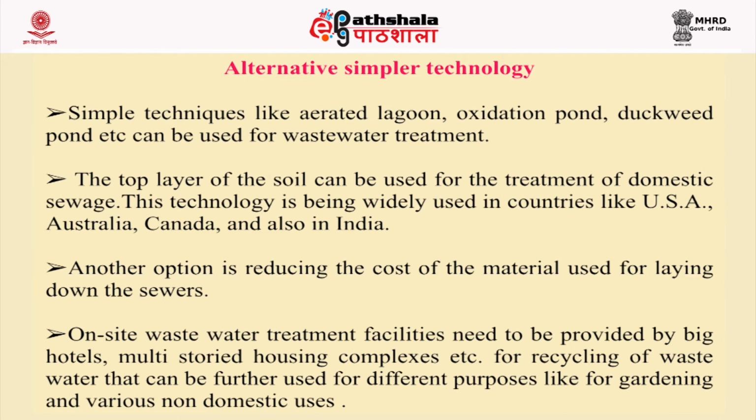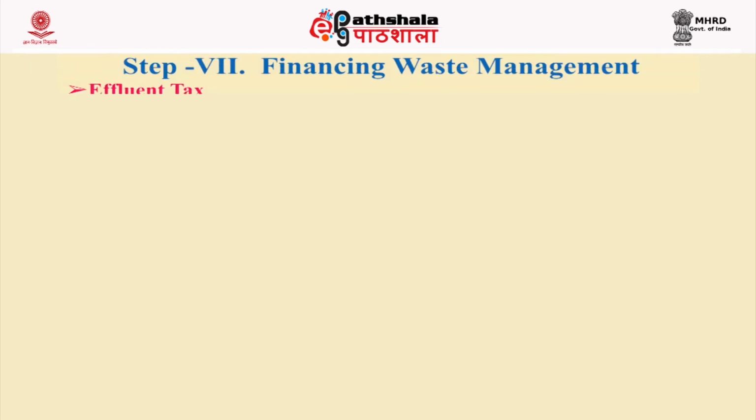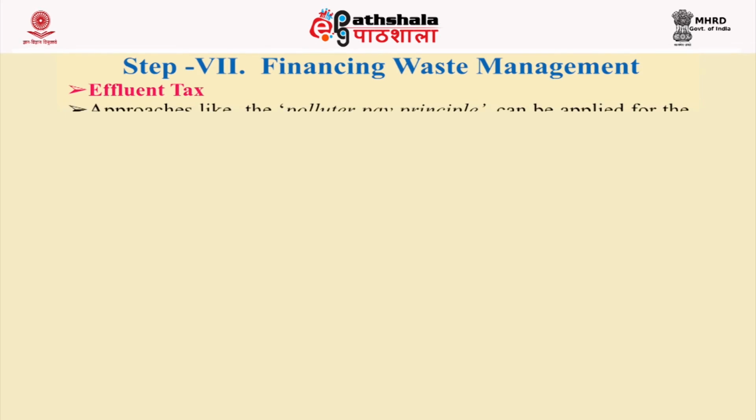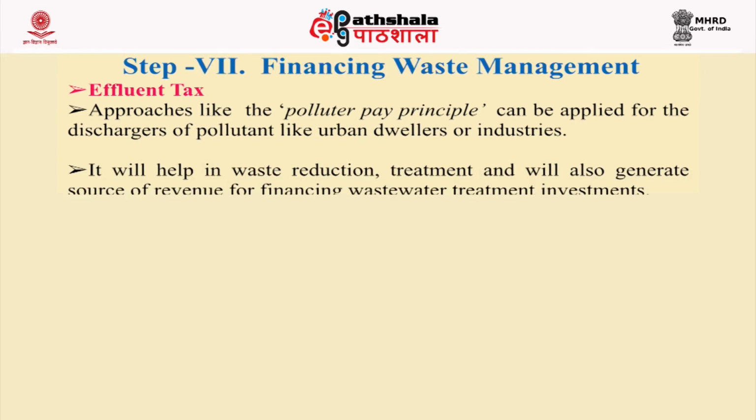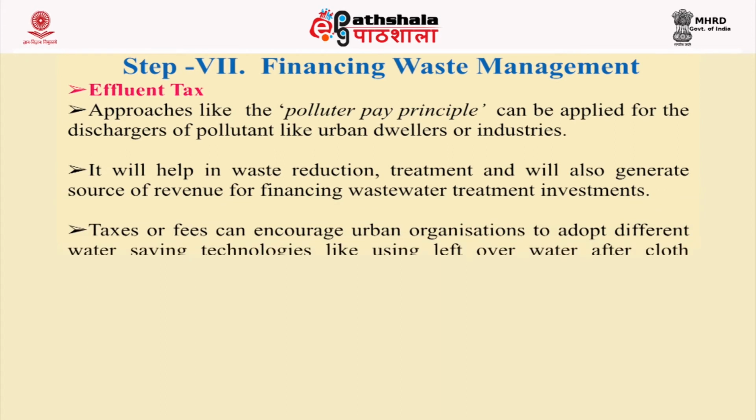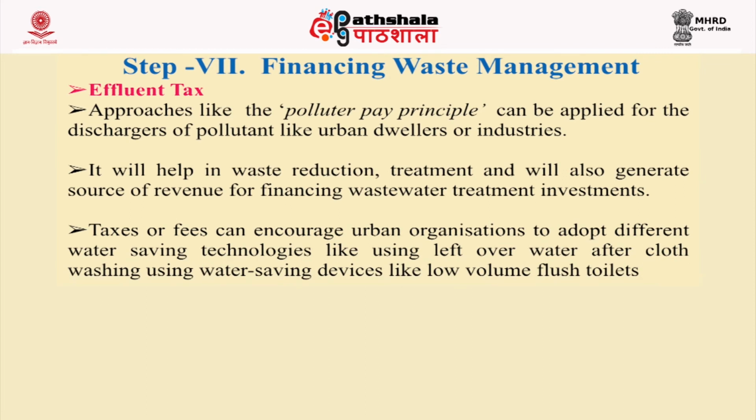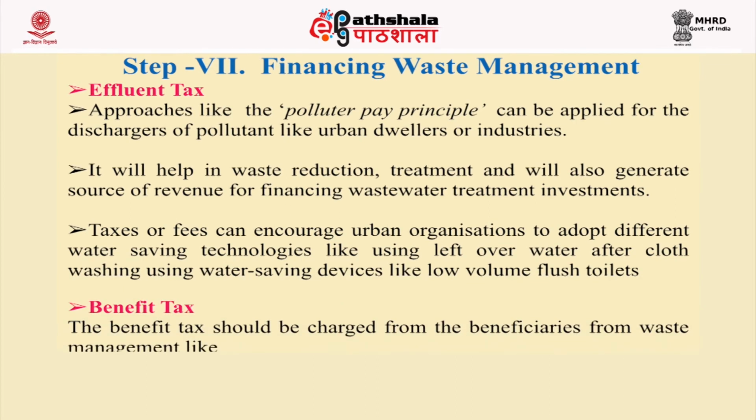Another option is reducing the cost of the material that is used for laying down the sewers. Step 7 is financing waste management. It includes effluent tax and benefit tax. First is effluent tax. Approaches like the polluter pays principle can be applied for the dischargers of pollutants like urban dwellers or industries. It will help in waste reduction, treatment and will also generate a source of revenue for financing wastewater